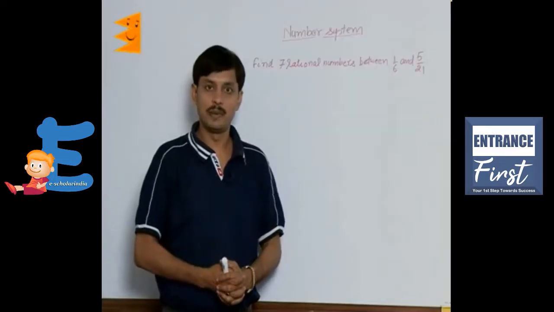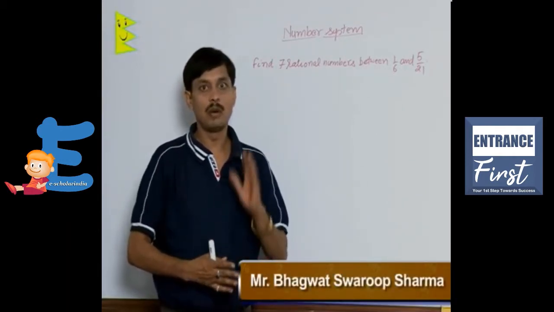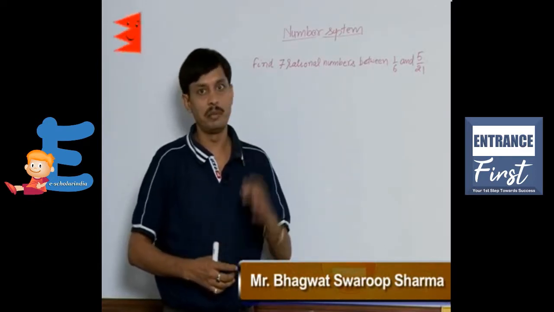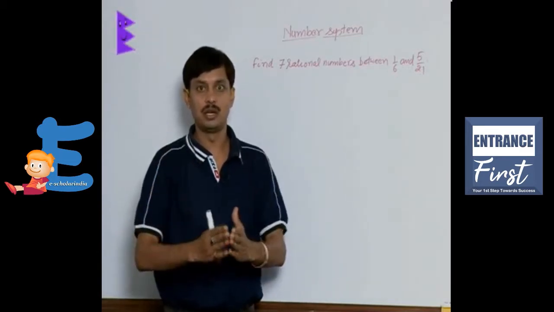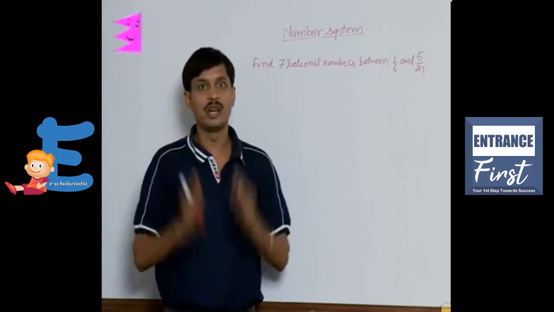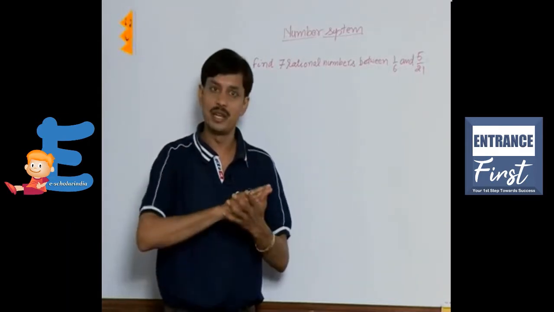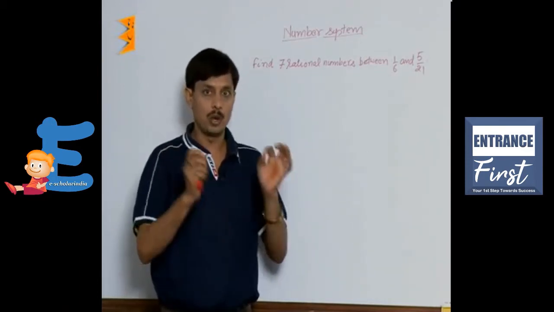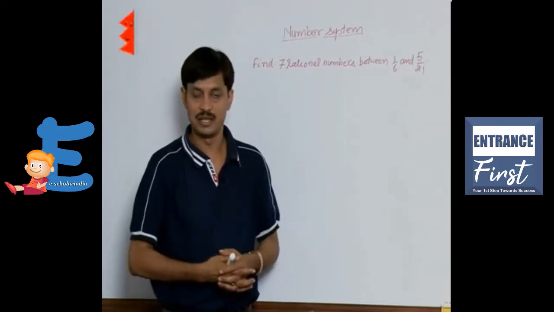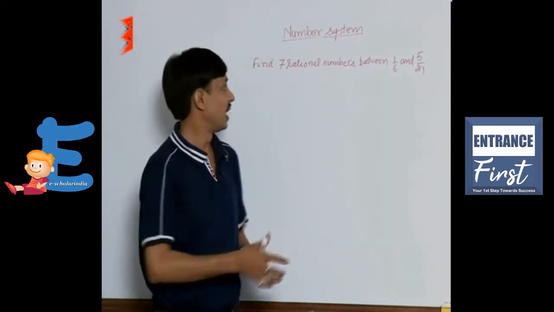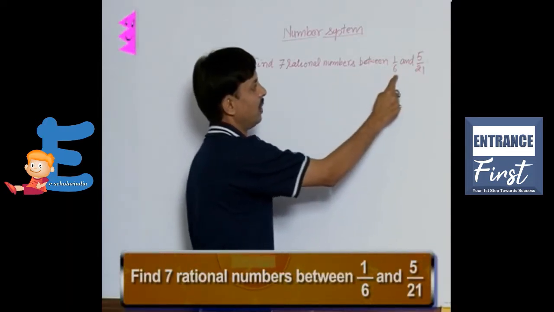Now I am taking an example after discussing a lot about the number system, all about rational, irrational, terminating, non-terminating, natural, whole number, integer. The question is how to insert a few rationals and a few irrationals between two given numbers. As we know, if there is a number line, every point of the number line stands for some rationals and some irrationals. Now the question is: how to insert, that is, find 7 rational numbers between 1 by 6